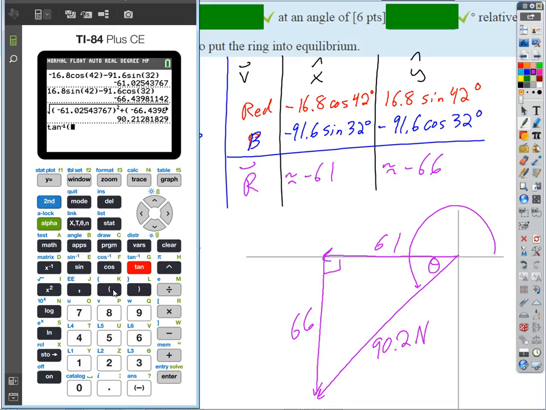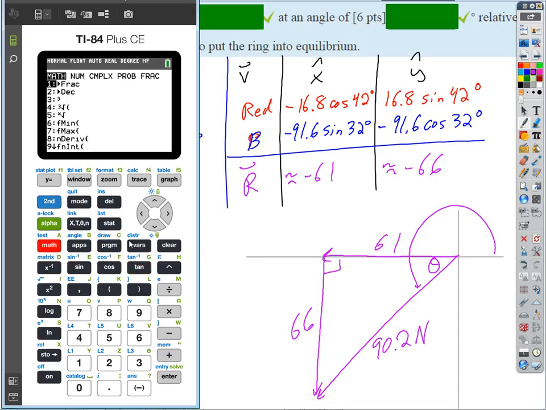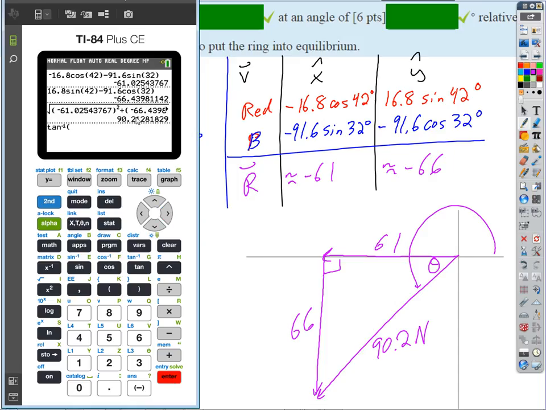Now I want these numbers to be positive, right? So what could I do to make them positive? Take away the negatives. Okay, I could. That's fine. I could use absolute value, right? And that's kind of a good little trick on here. When you want to just discount the sign, a really quick way is to hit the math button and scoot over one to the right to the number menu, and it's right there, absolute value. So I could do the absolute value of